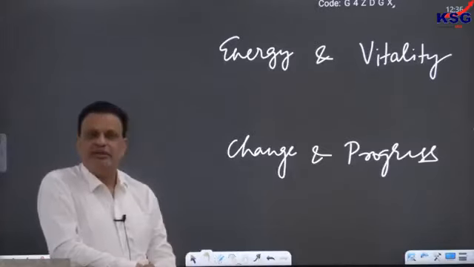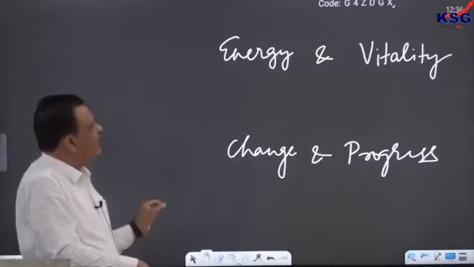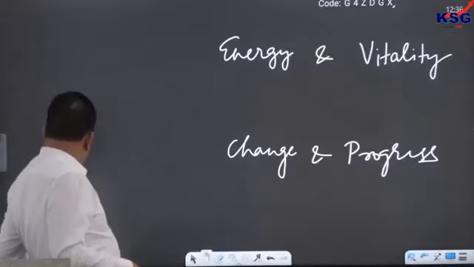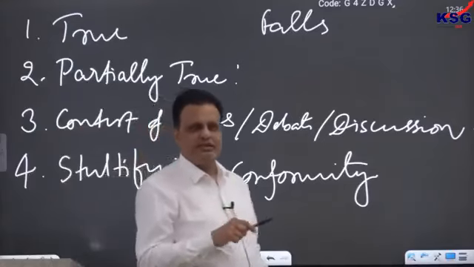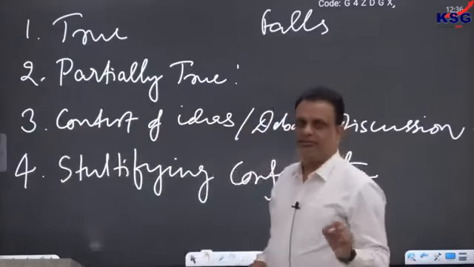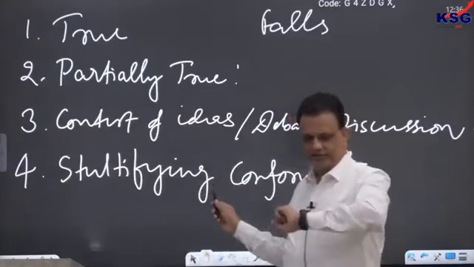Now, that is the next important thing that we will talk about. The idea here is that he says that a society that kills dissent, that does not allow dissent to happen, that does not allow the minority to speak against the majority, well, that society falls into that stultifying conformity.